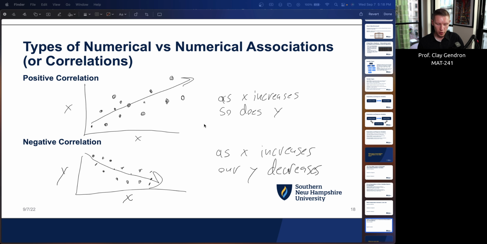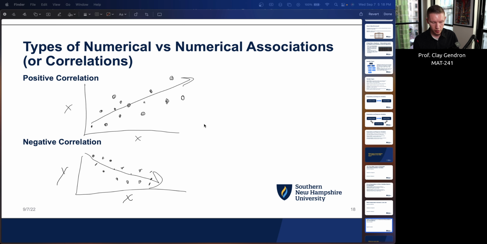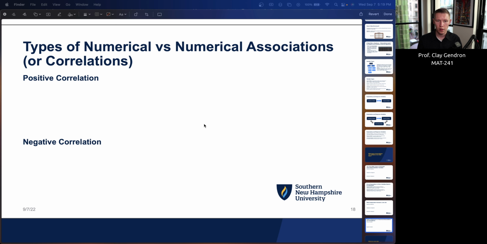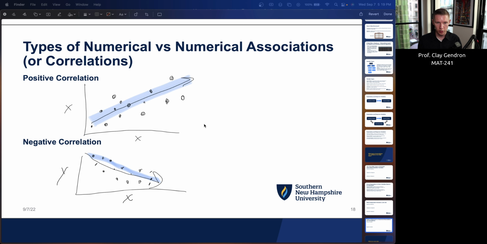I also want to plot out one other thing. So I'm going to erase these for a second. We're going to talk about this later on in the course as well. But one thing to keep in mind is that when we talk about positive or negative correlations, we strictly mean in the linear sense. What do I mean by the linear sense? In both of these scenarios, we can draw a line like we did here, and you can draw a line like we did here, that clearly shows there is a positive or a negative correlation